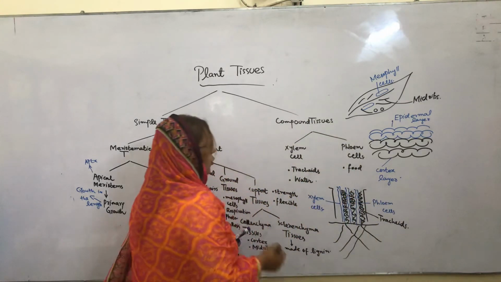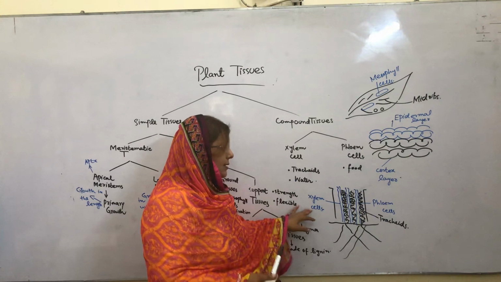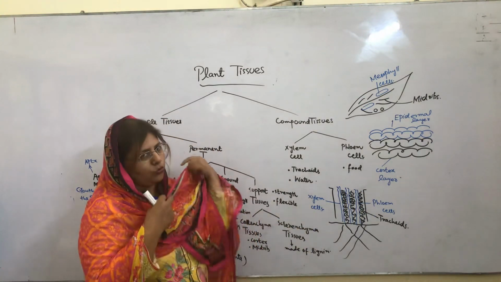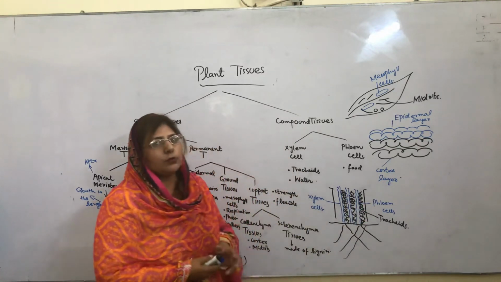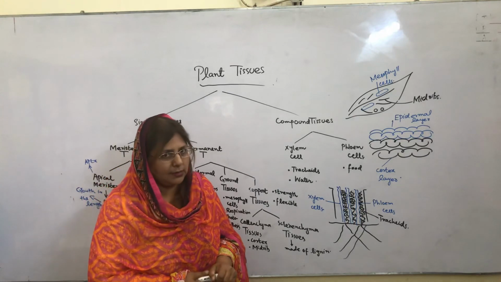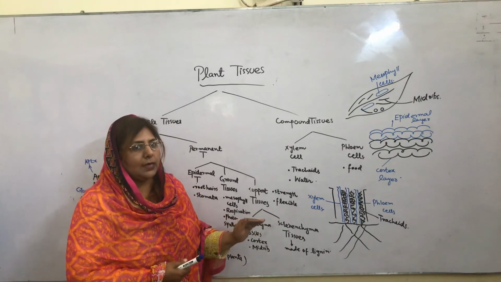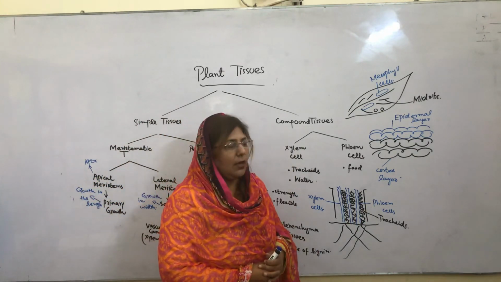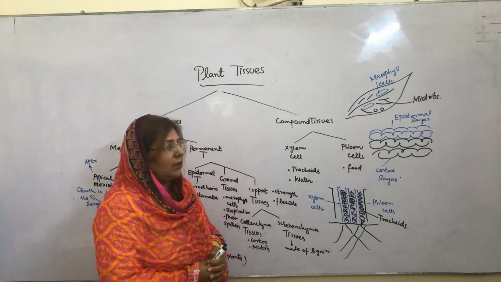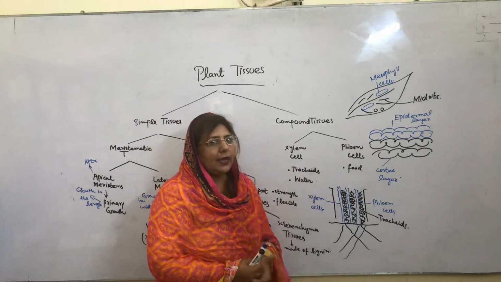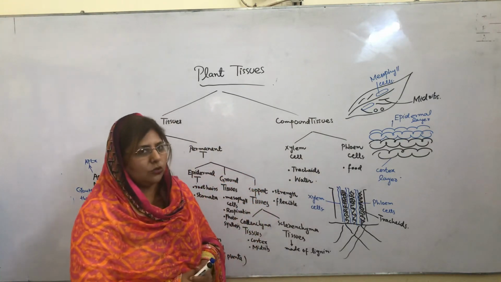So the important function of tracheids is that they give support to the xylem and phloem tissues, and we know xylem cells conduct water and materials from the roots of the plant and take them up to all aerial parts of the plant. And phloem cells are responsible for conduction of organic particles. Organic particles means the food particles. So they conduct the food particles and take them up to all parts of the plant. So their structure is complex. That's why they are called compound tissues, and they consist of only two parts, xylem cells and phloem cells, meaning xylem tissues and phloem tissues. I hope you understand it. Plant tissues. Thank you so much.